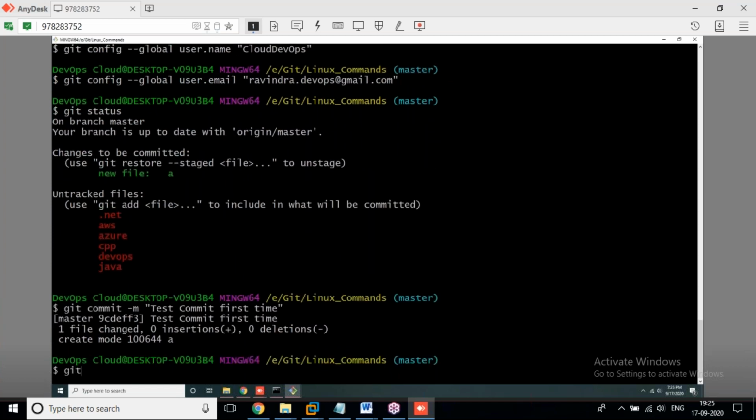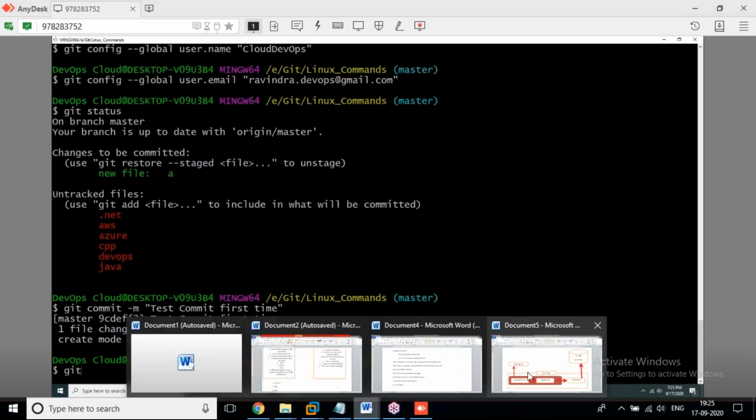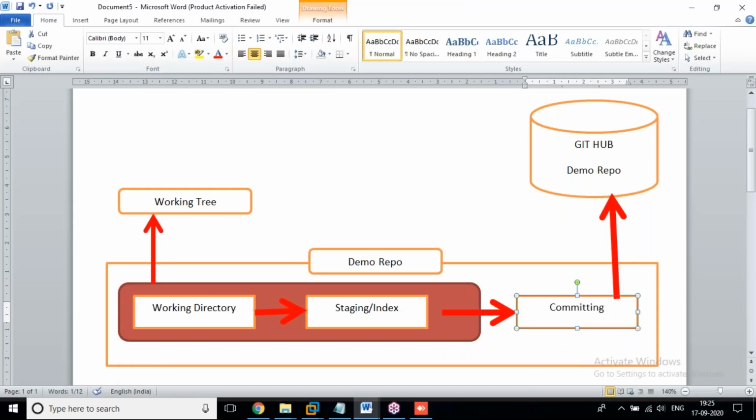Now you can see, when you apply the git status command, it should only touch the working tree. It should not touch the committing area. The git status command touches only the working tree. It displays the state of the files in the console.